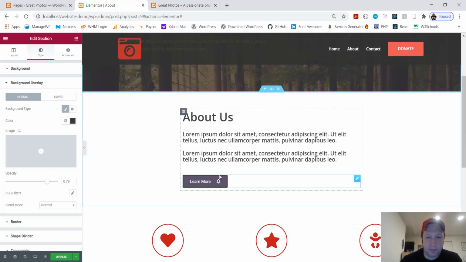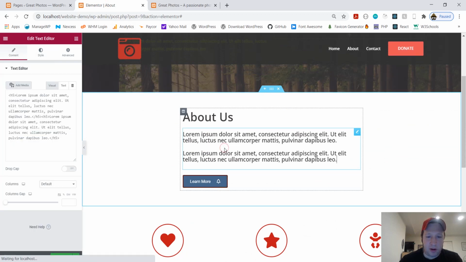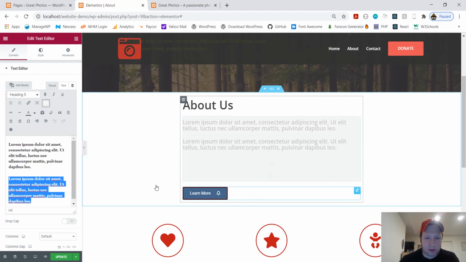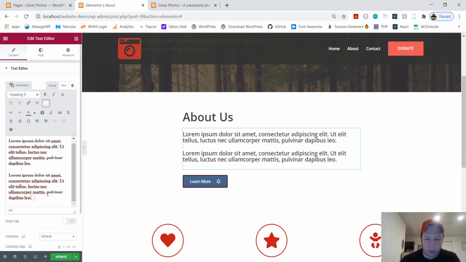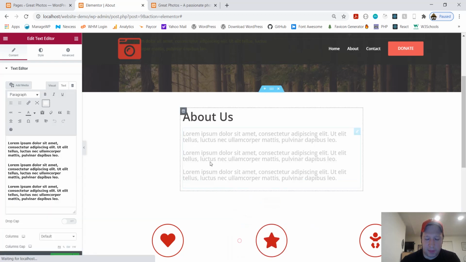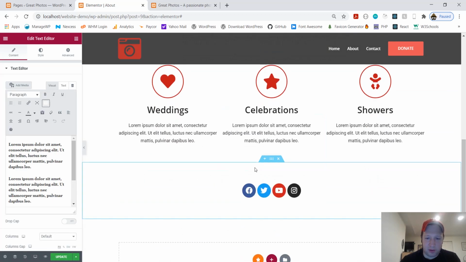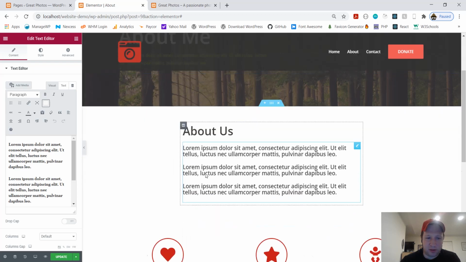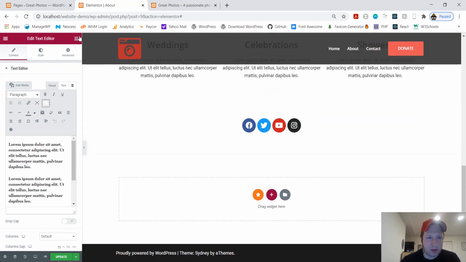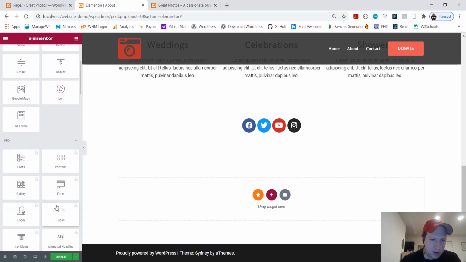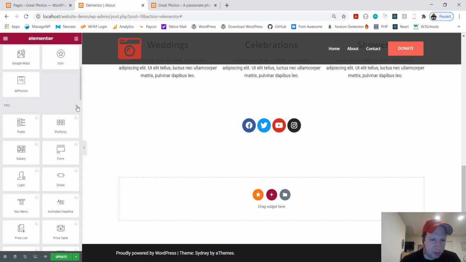All right, so our next section. This is About Us. You add your text. I'm going to add just a little bit more. I'm going to get rid of this button. You can leave your services there. And I mean, that's about it. Let's see some of the other things you can do. I forget what else is on here. This is the Pro. Close that up.